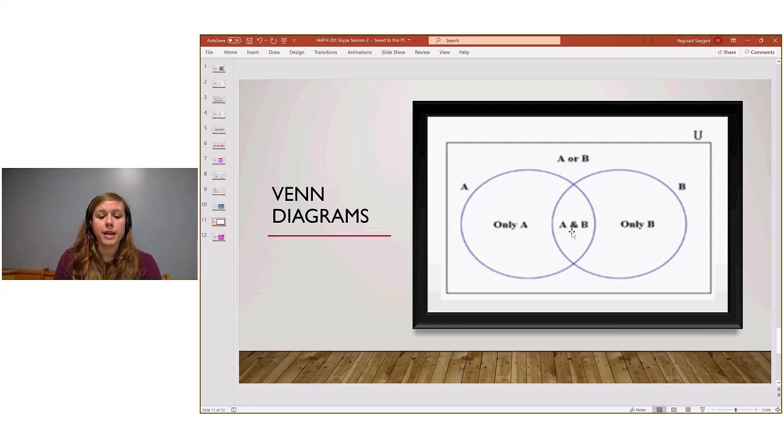The part in the center is going to show you how many women lawyers reside in Amherst. So that's going to be the combination of the two. If they're only a woman, then it's going to be in that section. Maybe it's only a woman but not a lawyer. If it's only a lawyer but it's not a woman, then it's going to resolve in that section. So it's going to show you the overlapping sections and the separate sections.